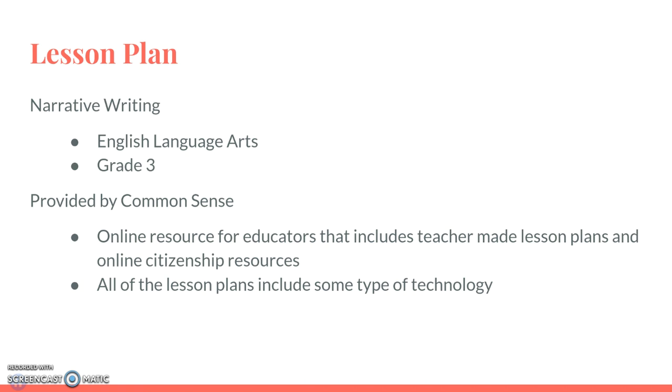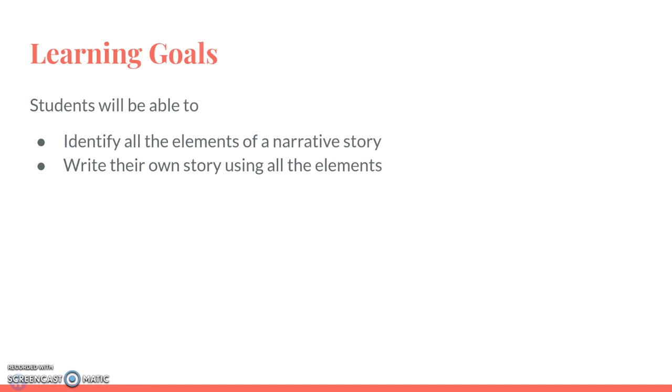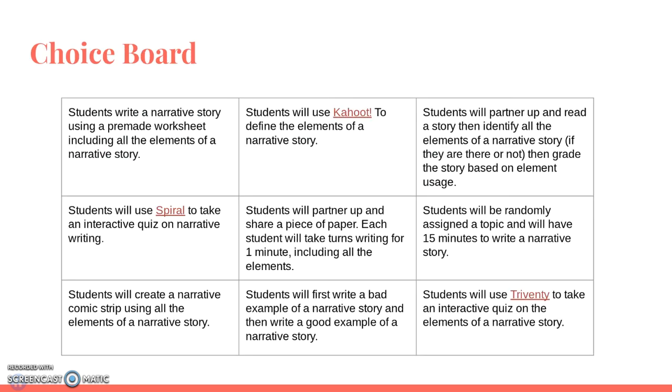And then all of the lesson plans include some type of technology in them. And the learning goals are that the students will be able to identify all the elements of a narrative story and then write their own story using all the elements. So here's a choice board. It has 9 different activities or assessments that students can do that will show that they learned from the original